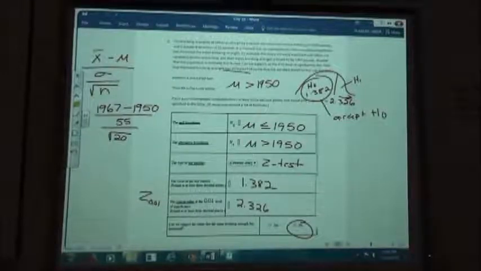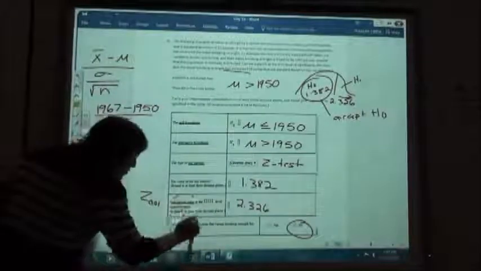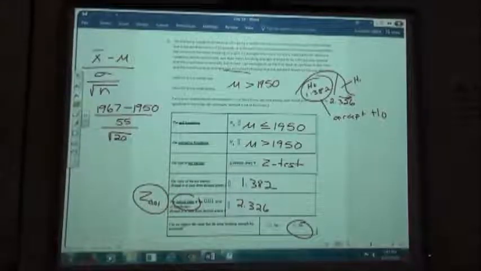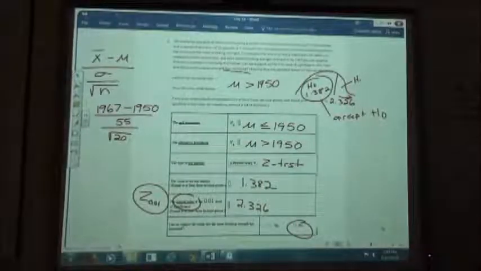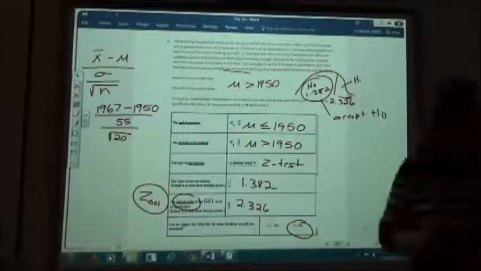Okay, that's a 2.326. So when they ask you for the critical value, that's the easier one to do because you just have to do that. Now again, if we take the graphing calculator just to check our answers,